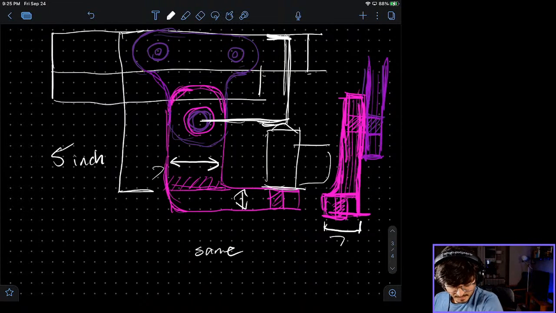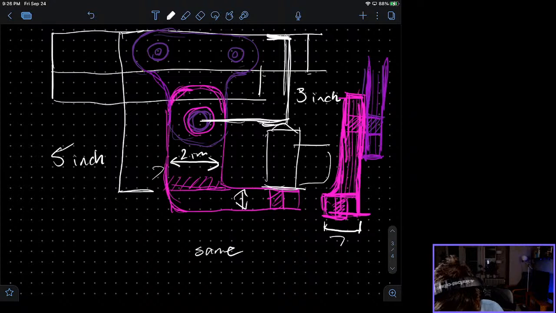So another measurement figured out here. That is going to be 3 inches. Okay. And as far as the width of this thing, I'm thinking 2 inches. 2 inches should be good. So same thing, this will be 2 inches.